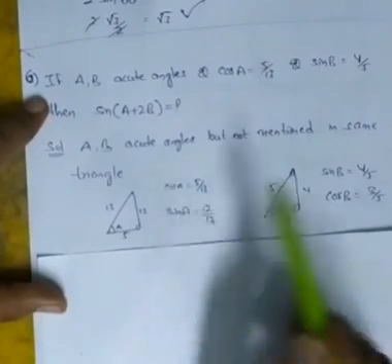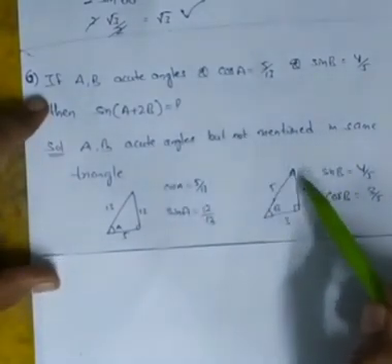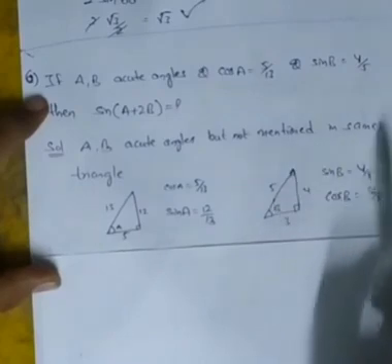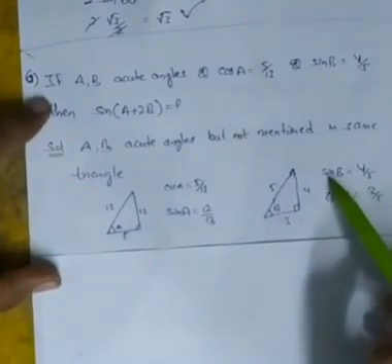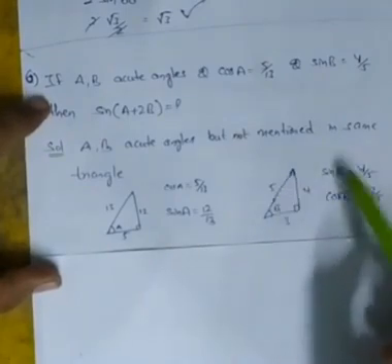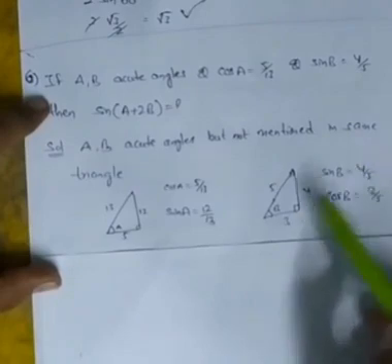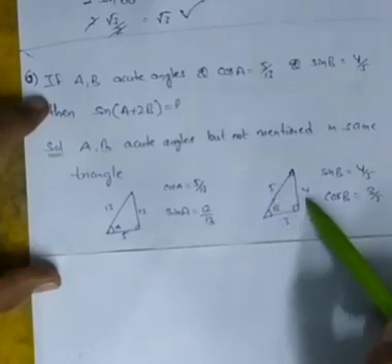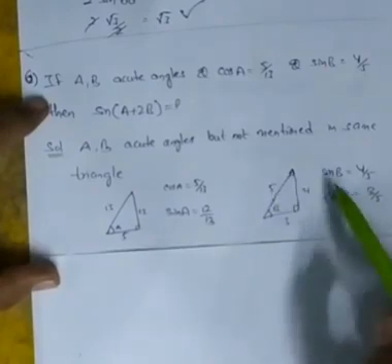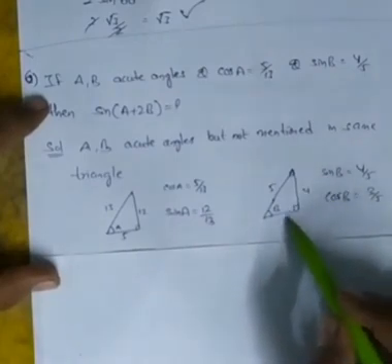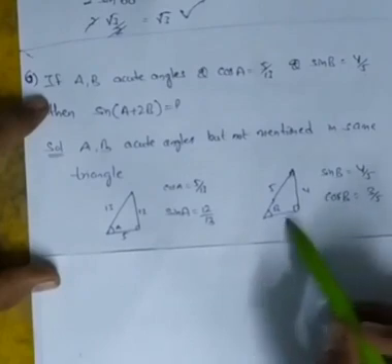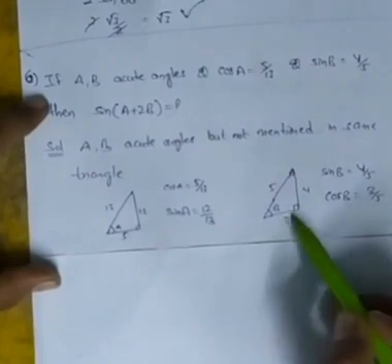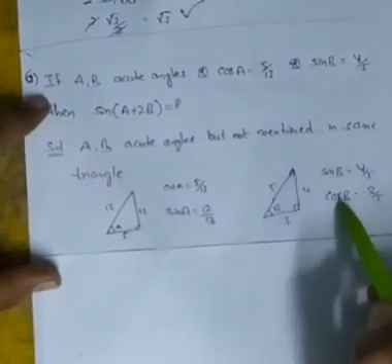So for angle B, we construct another right angle triangle. Here it is angle B, which is sine B, he already gave sine B. Sine B is opposite side by hypotenuse. Here the opposite side is 4, hypotenuse is 5. We can say that the adjacent side is definitely 3, it is a triad, or you can find it out with the Pythagoras theorem. So from here the adjacent side is 3. So cos B will become adjacent side by hypotenuse, which is 3 by 5.